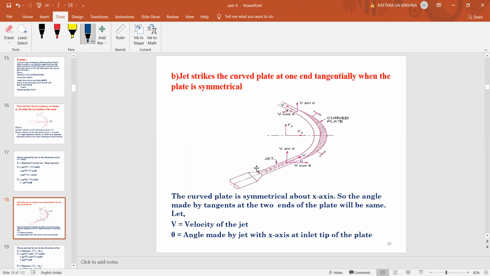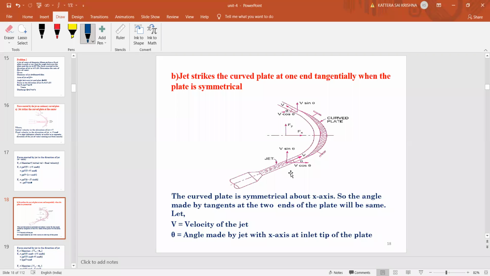After the water passes through the plate, at the outlet, if there are no losses, what happened? At the same velocity it will come out, V. So again, we have two components for this V, which is inclined, that is in X direction as V cos theta, in Y direction as V sin theta. So why are we getting the same angle theta again? Because it is symmetrical. So whatever the angle which you are giving here,